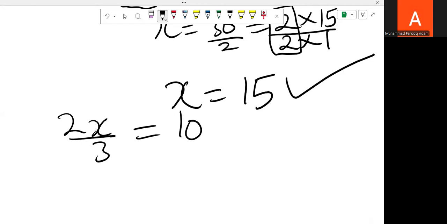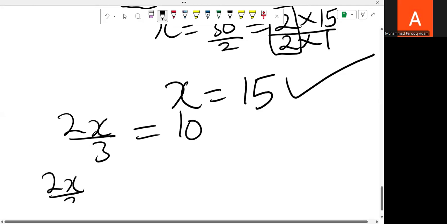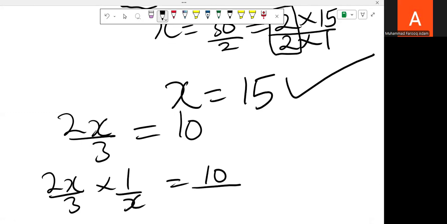So when you multiply 1 over x to the right-hand side and left-hand side, we have something like this: 2x over 3 times 1 over x is equal to 10 times 1 over x,